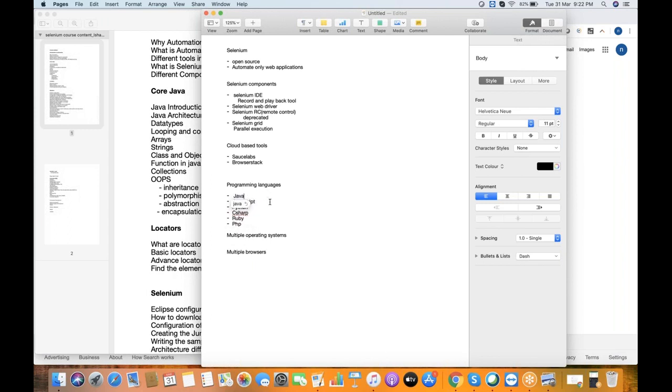Maybe you have heard about the latest JavaScript frameworks, not exactly latest, they have been there for a long time, like AngularJS, Angular, React. In one of our projects, the development environment of the website was AngularJS. So my team implemented the automation regression pack, and we had a resource who developed the automation pack using JavaScript.